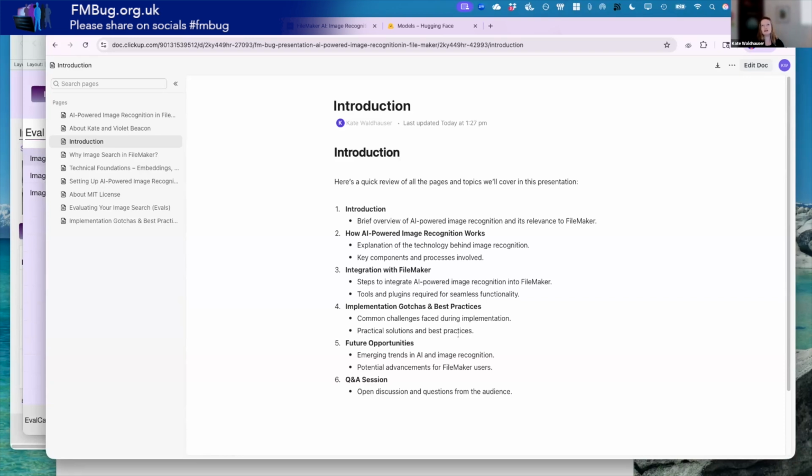So that's something we're not talking so much about in FileMaker, because a lot of it has to do with natural language search and generate response from model, which is language. I'm going to talk a little bit about vision models and what they are and the different classifications there. And then I'm going to show you the FileMaker integration and talk about the gotchas and best practices, because there's a lot that you need to know to set this up the right way to get the results you want to get. I'm not going to talk about emerging trends in AI image recognition, but then we'll have